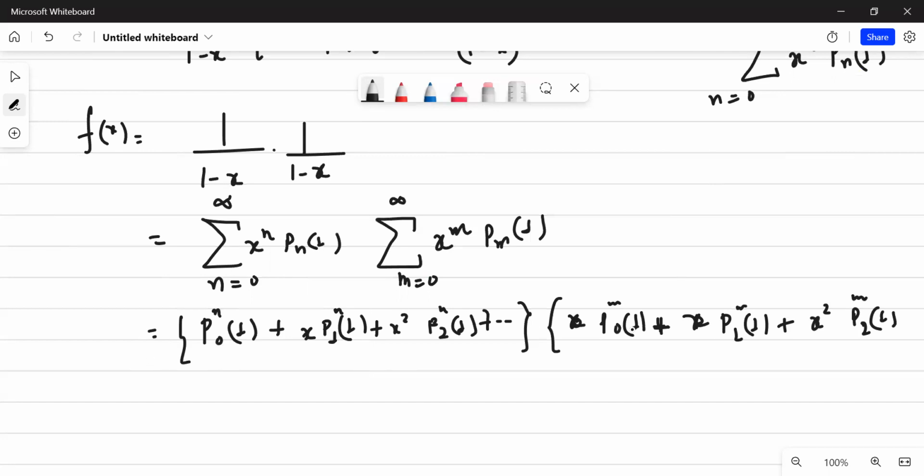अब होगा क्या, ये इससे मल्टीप्लाई होगा, द फर्स्ट टर्म विल गेट मल्टीप्लाई दिस. सो एक्चुअली हो क्या रहा है, कैन आई नॉट राइट इट इज x की पावर n into x की power m, and then I can write pm1 and pn1 where n and m are both zero. ये पहला टर्म, these two terms when multiplied. Is that clear? देखो इस टर्म में यस क्या था, है ना,